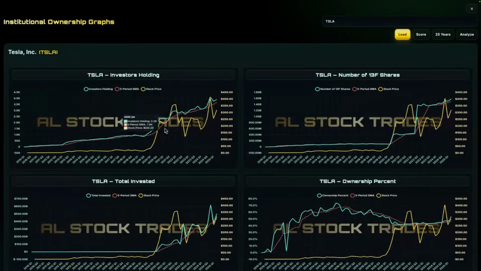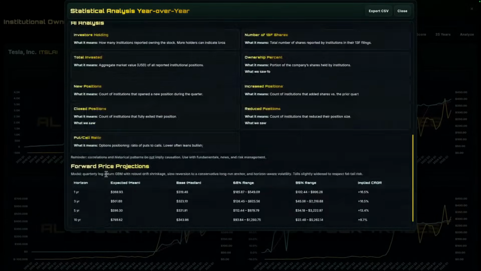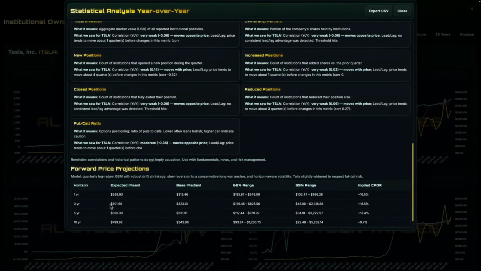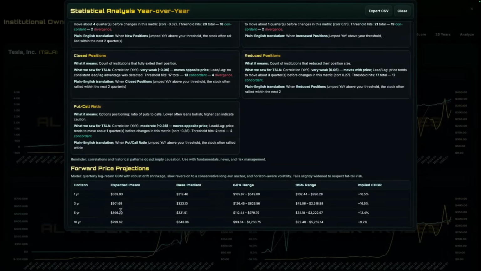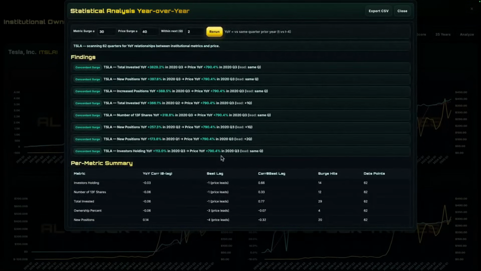Now you could do the 25-year analysis, so you could see the overall growth of it. Then you could go ahead and analyze, and you can see Elon's. So you could see 369, 500, 596, and then 799. Again, that's the whole thing. And you could look at all the stuff in regards to